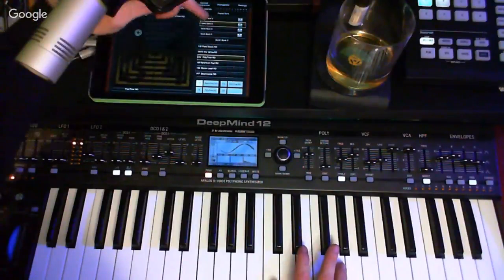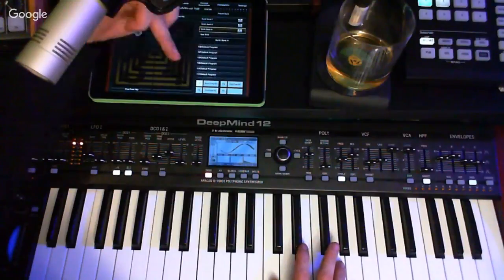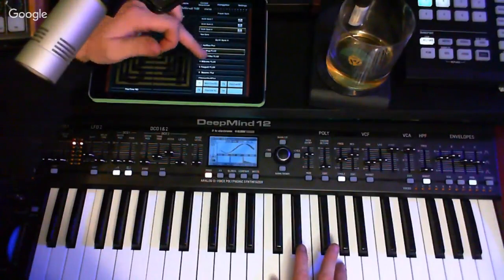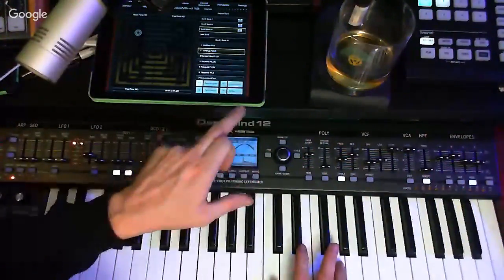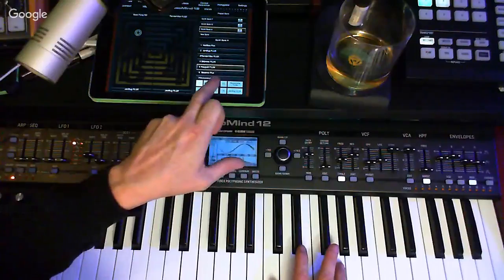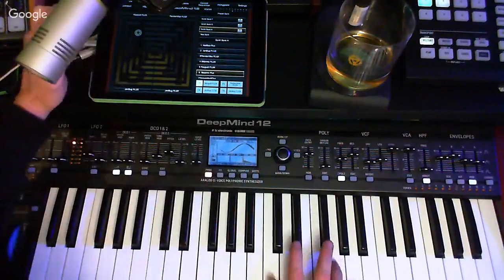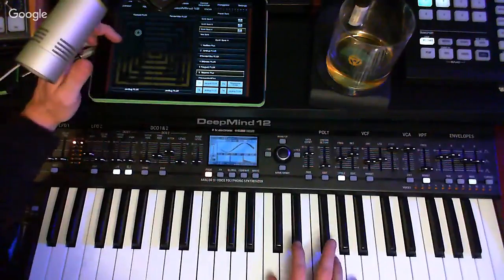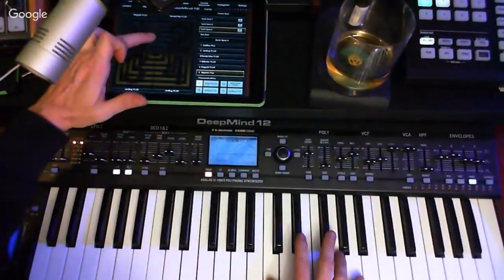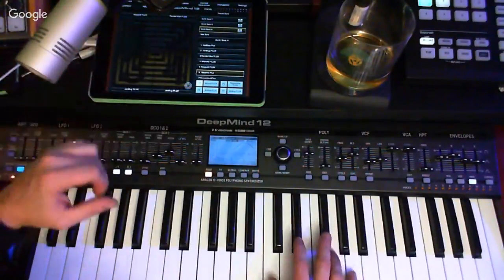Then I switch them all up to patches that I've done. So now I have 4 of my patches loaded, all right? And I can morph in real time between them. If I go all the way to the corner,